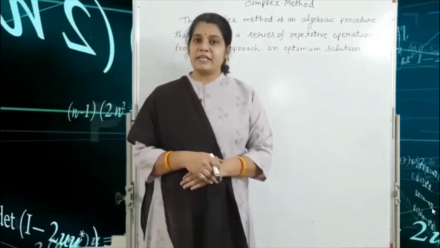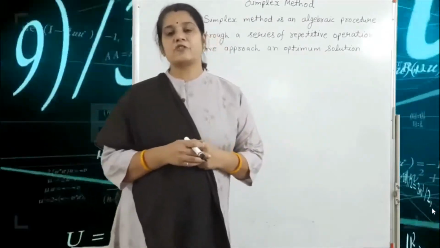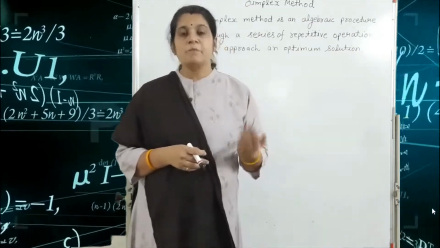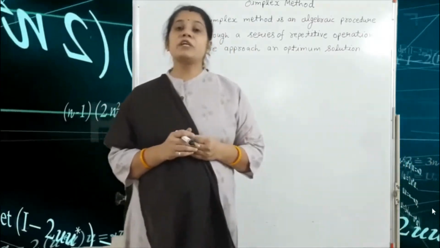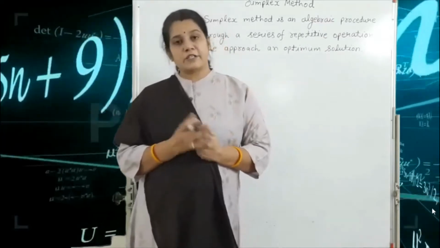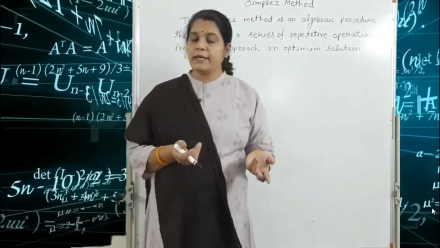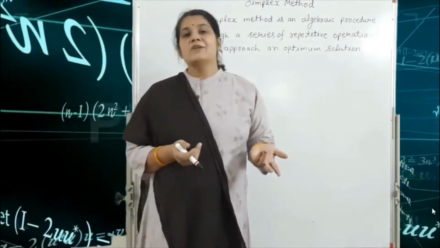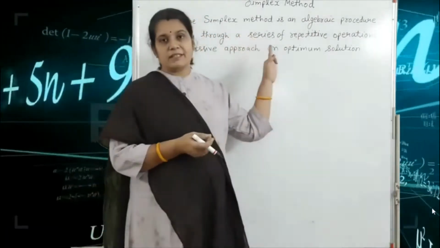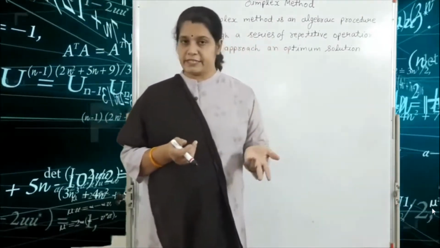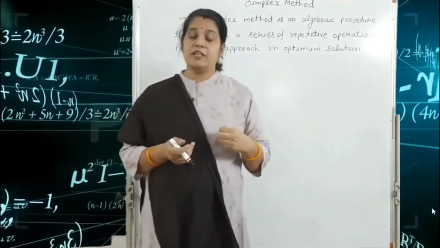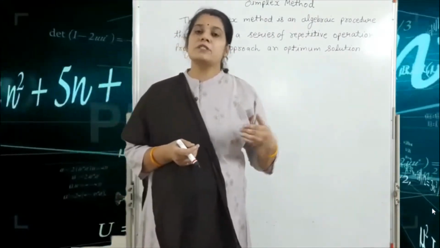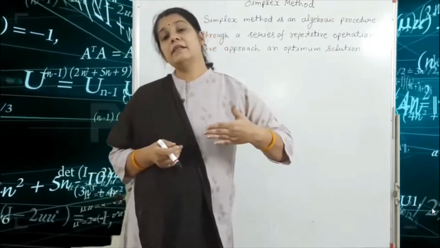So in the simplex method, we have already seen in our previous lecture the graphical method and formulation of LP problem. In the graphical method, we use only two decision variables, x1 and x2. If we are given more than two decision variables, we use the simplex method, big M method and two-phase method. That means if in our given question we have two or more than two variables, we use the simplex method, big M method and the two-phase method.